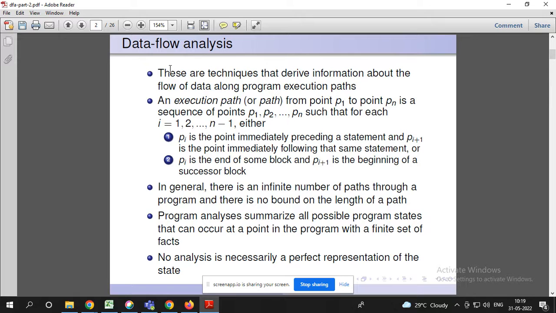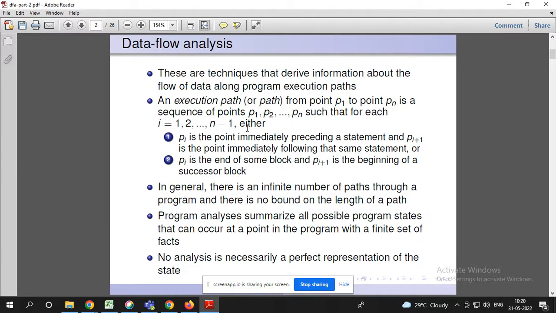So we have to analyze the data. What data is passed from P1 to P2? P1 and P2 are program points, that is, instruction points. What information or data is moved from point 1 to point 2? That kind of analysis we need to perform. An execution path from point P1 to point Pn is a sequence of points. A program may have different points P1, P2 up to Pn, such that for each i